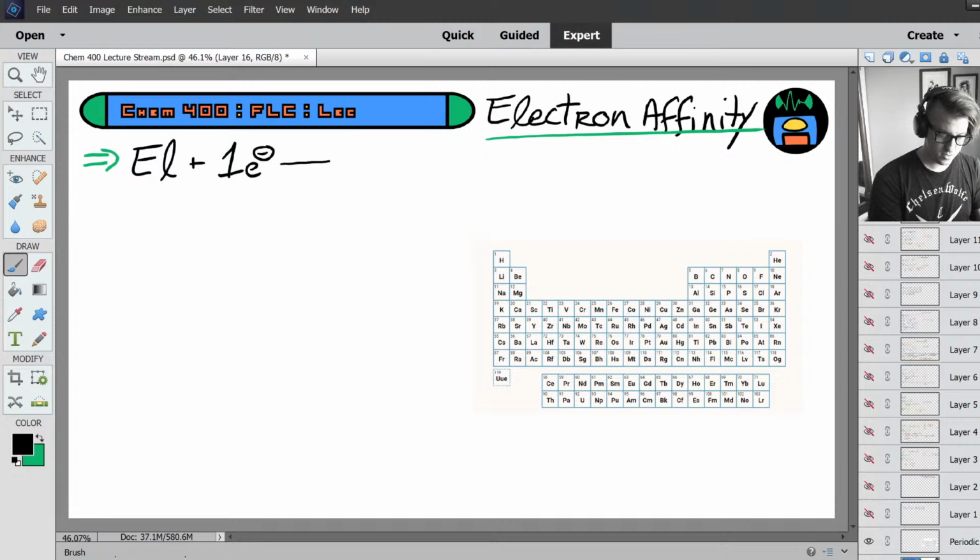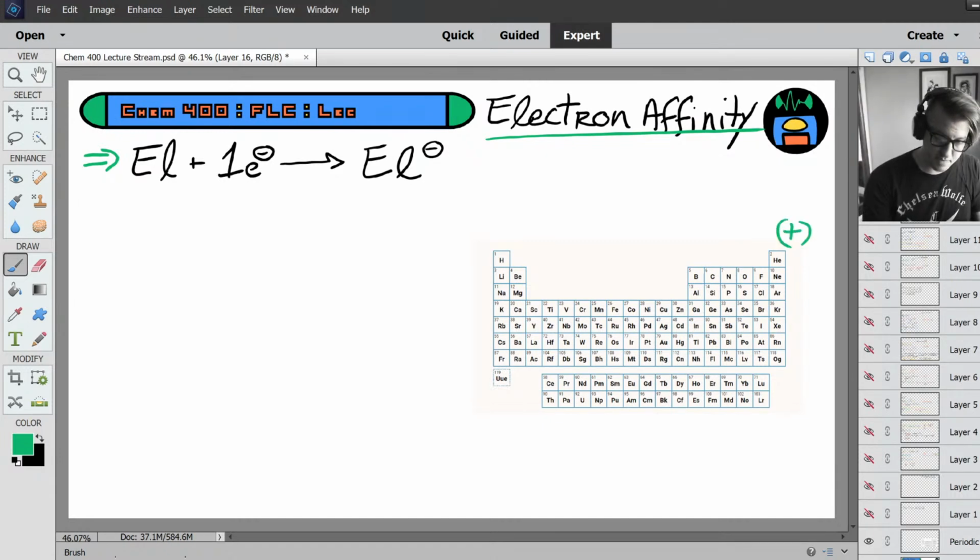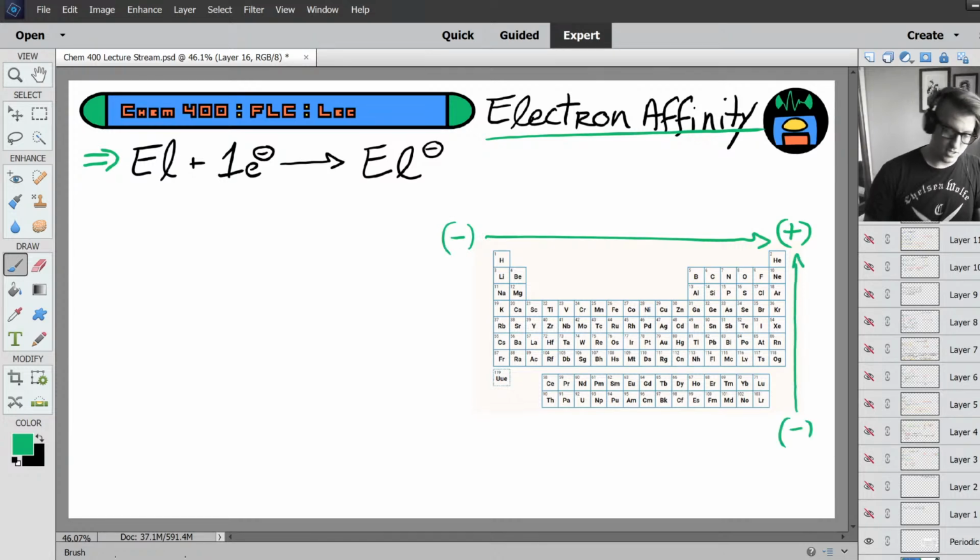to become an anion. Well, now when you think about it, what elements on the periodic table want to become anions? The electronegative ones. So the largest electron affinities can be found where you have the largest electronegativities. And the smallest electron affinities can be found where you have the smallest electronegativity. So electron affinity and ionization energy track perfectly with electronegativity. It's the atomic radius one that's kind of off. It's kind of different than the rest.